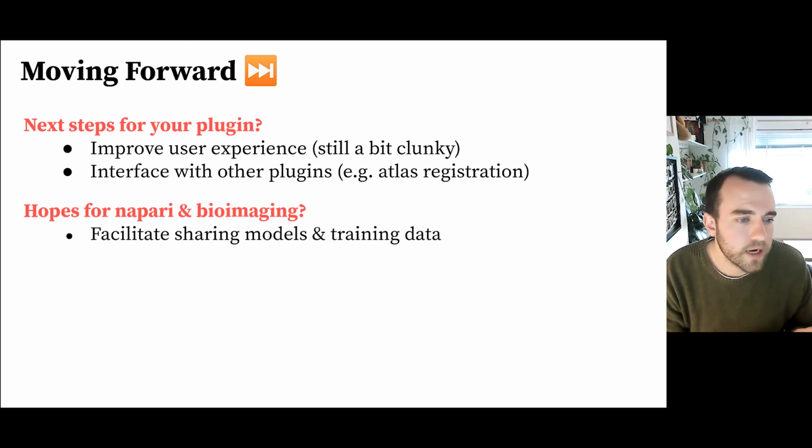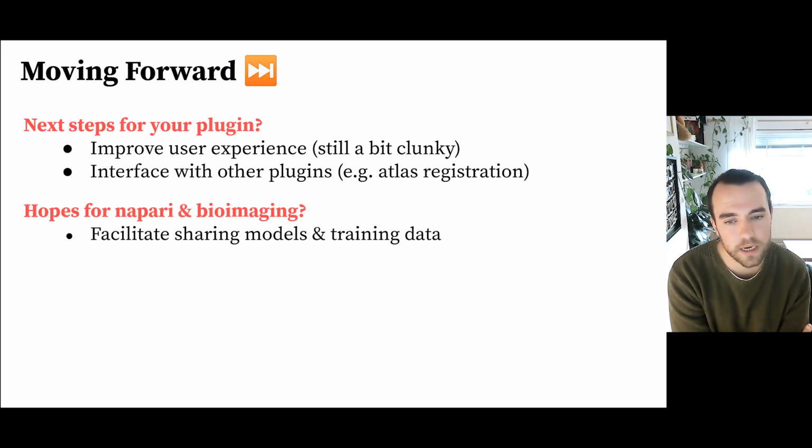And finally, my hopes for Napari and bioimaging. I have a lot of hopes for Napari and bioimaging, but the one thing I'm hoping for, not immediately but soon, is that Napari can help facilitate the sharing of training data for all of these many machine learning approaches, and also sharing trained models. There's been lots of good work in this, especially with the bioimage model zoo.